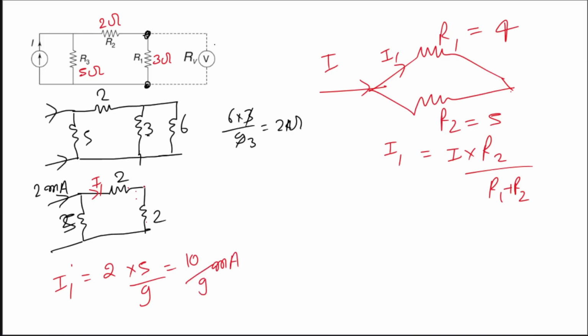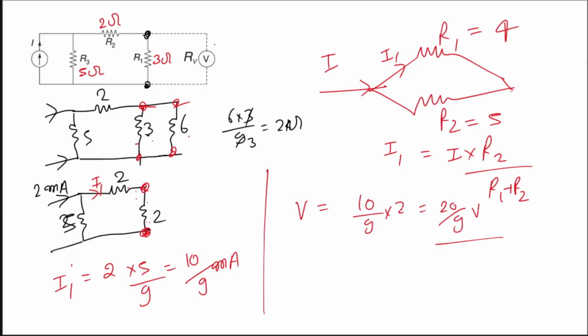Done it? What will be the voltage drop now across this? Because that will be the reading of the voltmeter, because this 2 is what for you? It is the resultant of these two. So basically whatever will be voltage here will be voltage here, and will be voltage across its equivalent, that is 2, right? So voltage across 2 will be same as voltage across 3 and 6 over here. So voltage across 2, what will you write? You will write 10 by 9 into 2, that will give you 20 by 9 volt. Okay. Because 2 is in kilo ohm, this is in milliampere, 10 to the power 3 and minus 3 will get cut, you will be getting 20 by 9 volt.